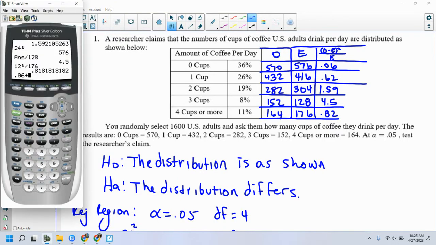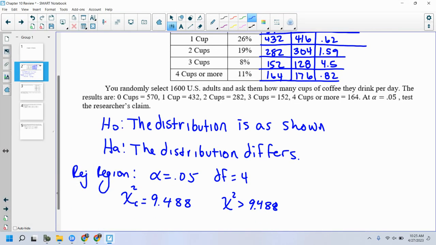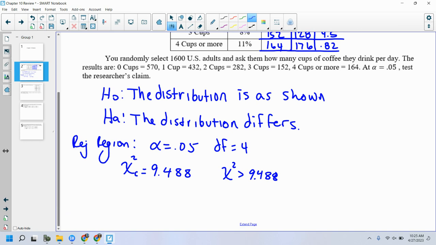0.06 plus 0.62 plus 1.59 plus 4.5 plus 0.82. Bingo. Okay. So we got our chi-square to be 7.59. So chi-square is equivalent to 7.59. And we can say because